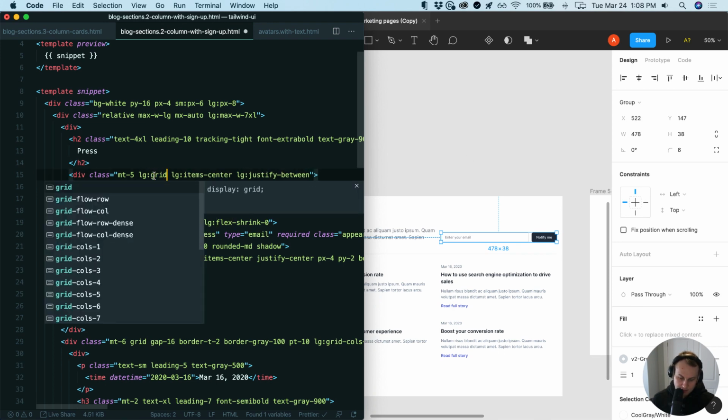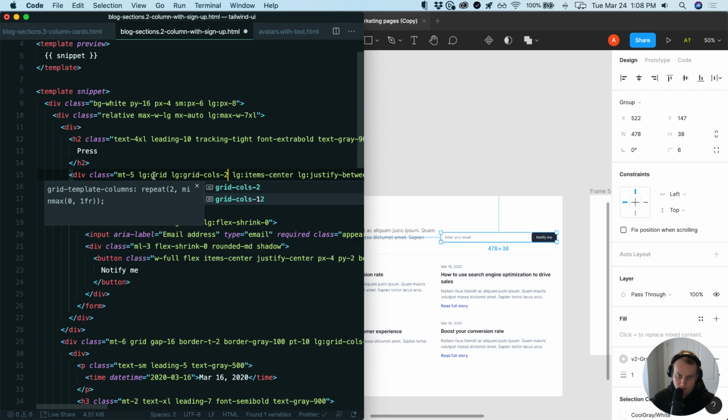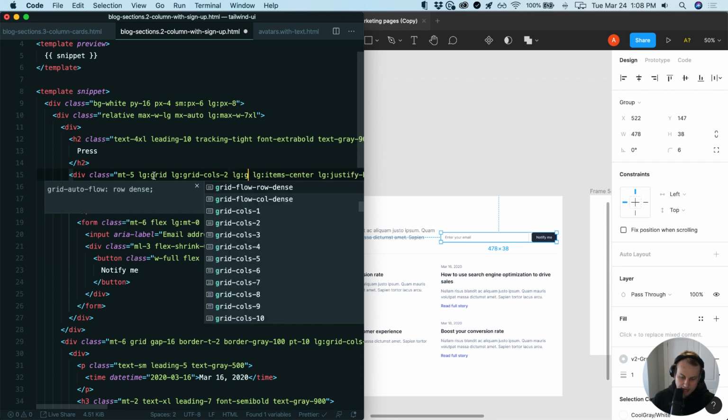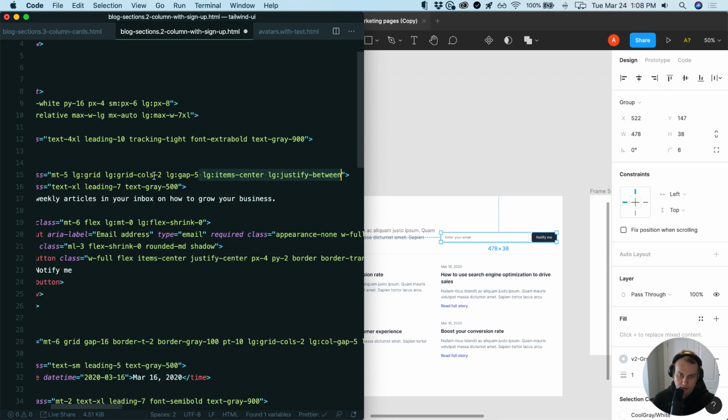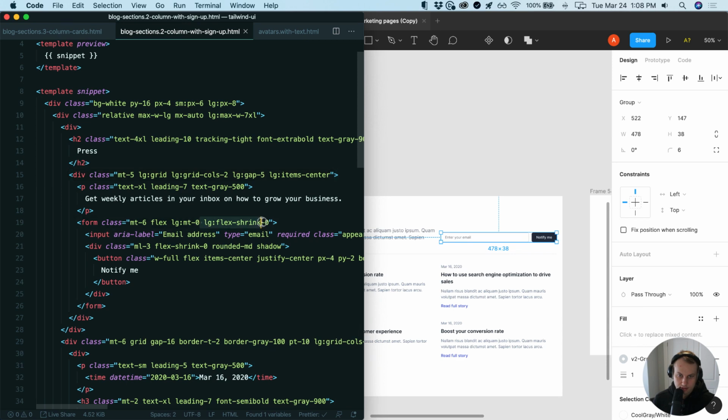We can just go LG grid cols 2, LG gap 5. I think we still need to do items center though, and then this can,